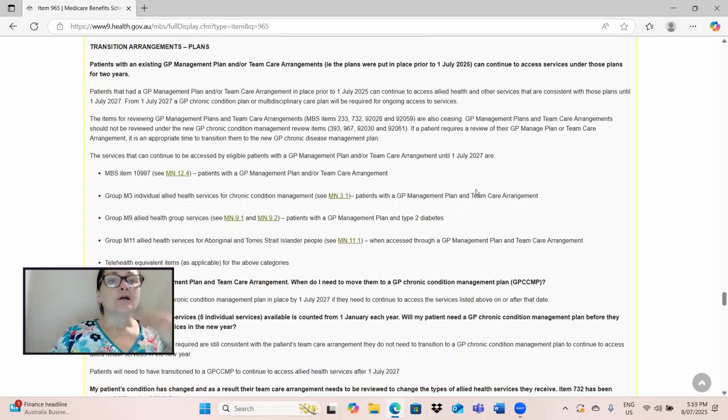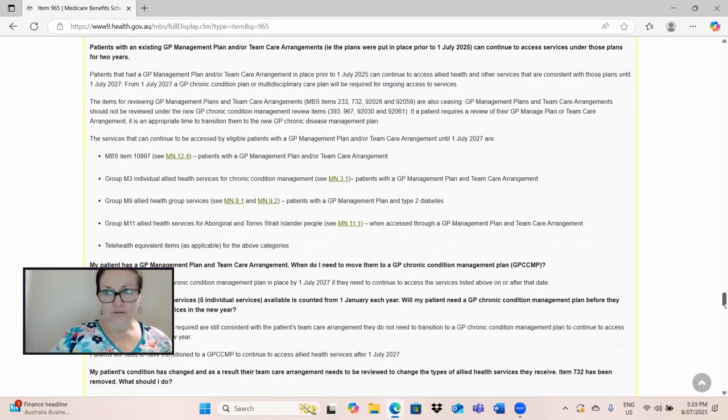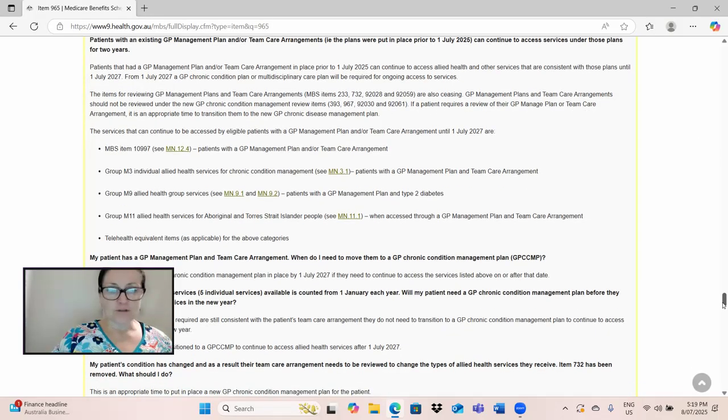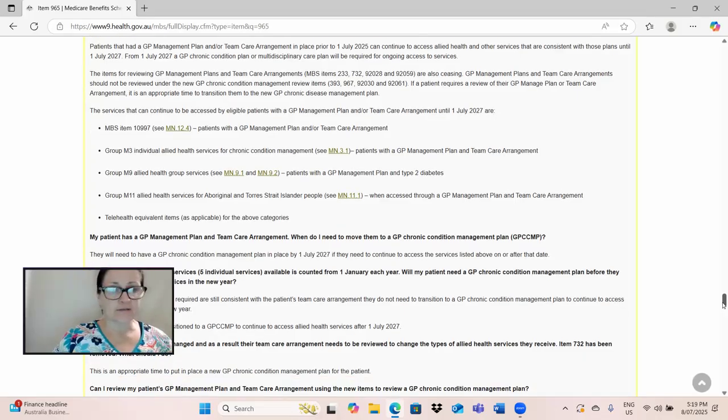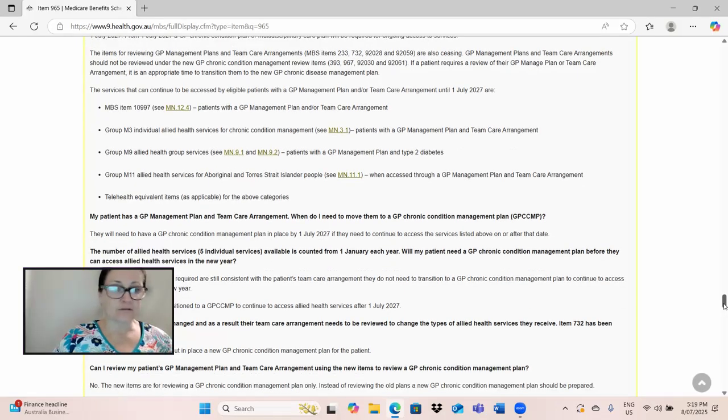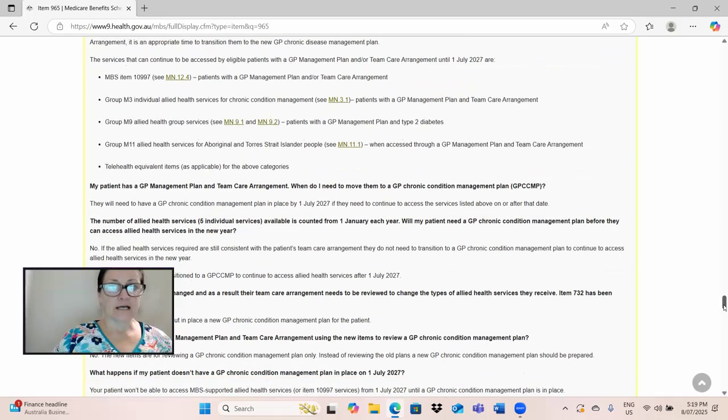So that's pretty much what you have to do. I've heard people trying to put through the new review item number because they're technically due for a review and that 967 is bouncing back. That's because they haven't actually commenced on a new plan under the new framework. Okay, so they will need to have a GP chronic condition management plan in place by the end of June